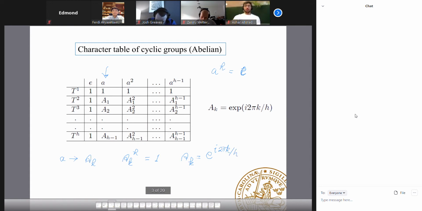That is the solution. Because the characters can be complex, these are the solutions to the representations. And it is quite straightforward to just fill in the character table like we have here. So if you have done